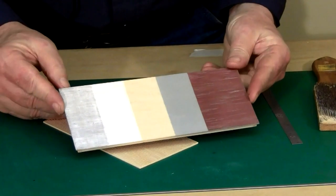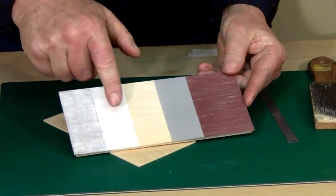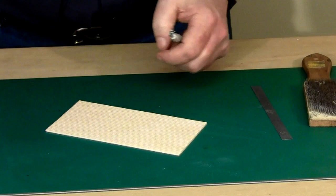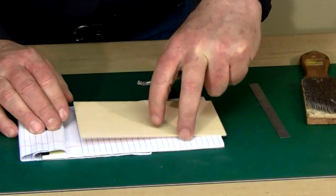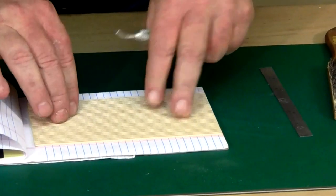There are some examples of that here where the upper coat was thinned out to reveal the lower coat beneath it. As far as putting nail holes in, the Pounce tool is invaluable. But a friend of mine, Mike Tylick, showed me a little way of doing this that's kind of clever. And what Mike did is he took his clapboard, kept it squarely on a piece of lined paper,